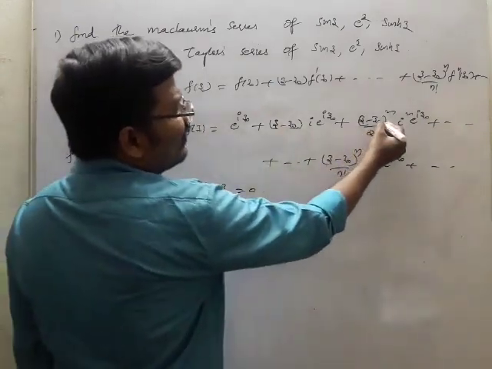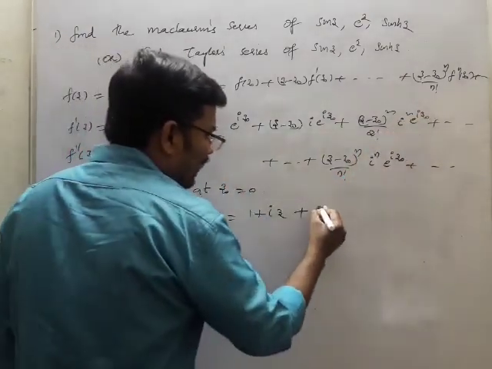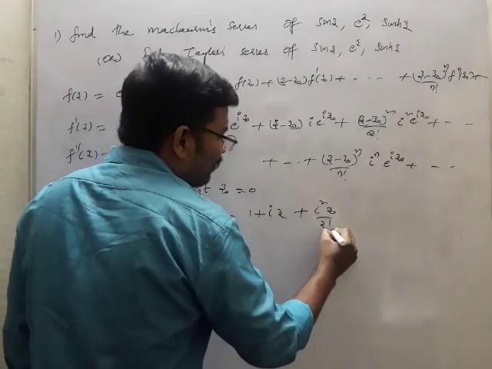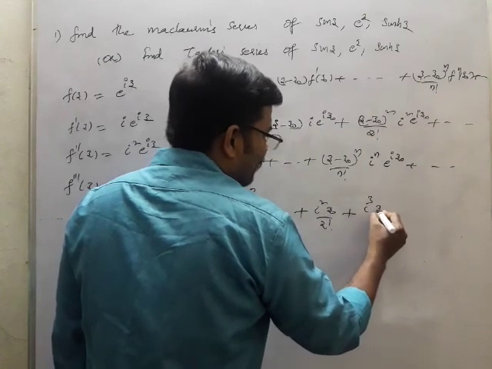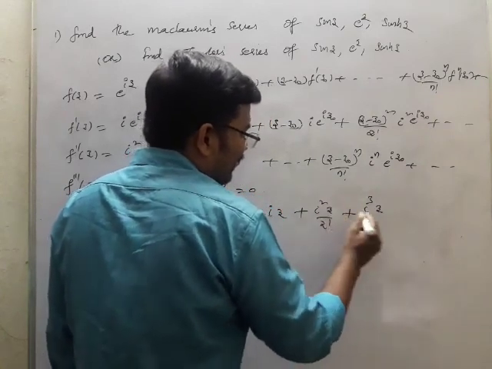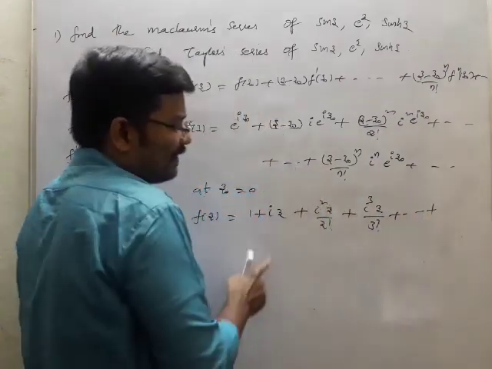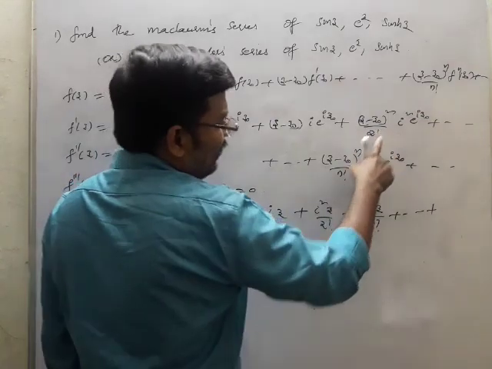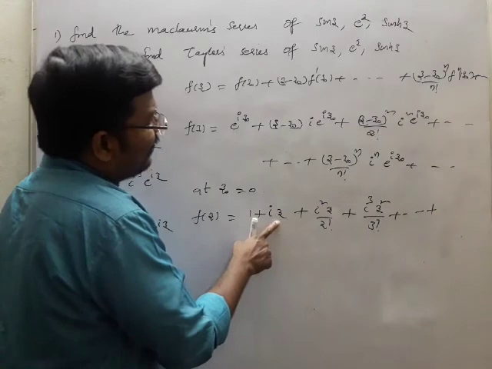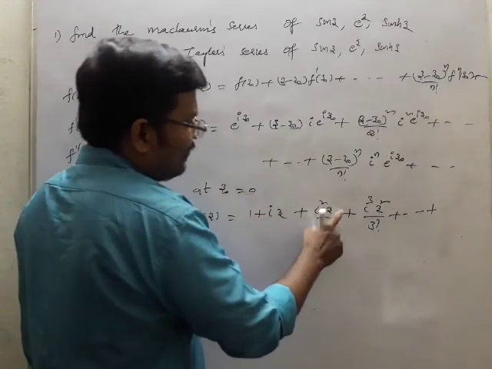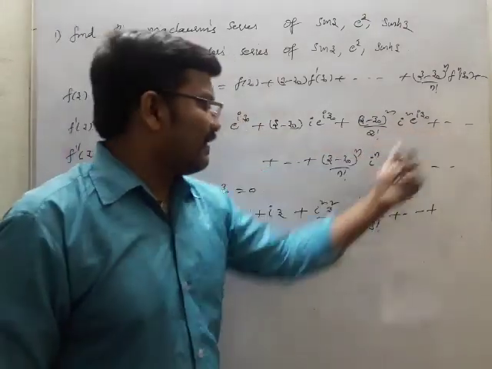Okay, next here z naught is 0 and i square will be there, but e power 0 is again 1, so you will get i square z by 2 factorial. Okay, then the next term is nothing but i cube z by 3 factorial plus and so on. Then you will be getting z square, this is z, so z you will get as z, and this becomes z cube, because the next term is z cube.